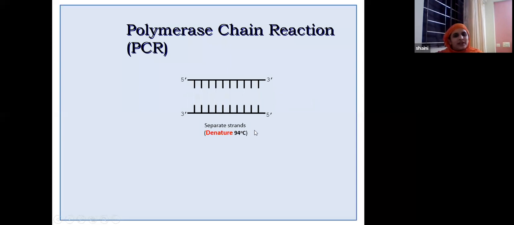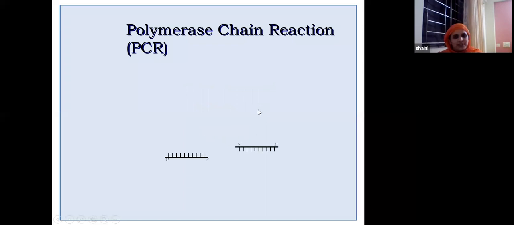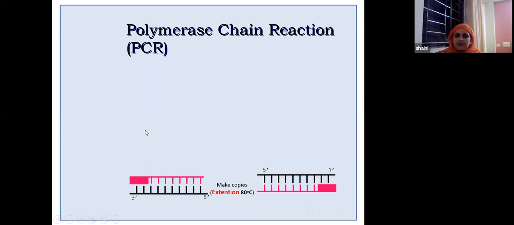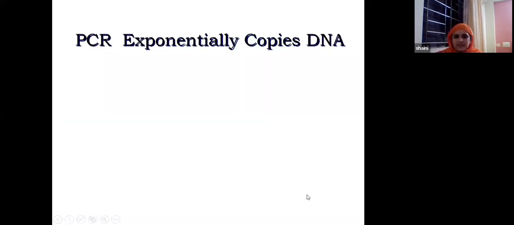First, at 94 degrees centigrade, denaturation, or separation of the DNA fragments into two single strands, happens. Next, you add a primer. A primer is a starting nucleotide base kind, just a few base pairs long. This is called annealing: the primer goes and binds. The next step is extension. Based on the primer, all the base pairs come and bind to the DNA. So now you have two DNA segments from one DNA segment.